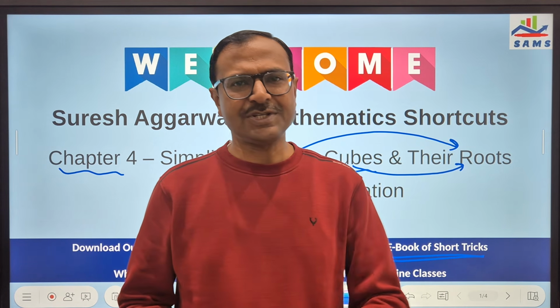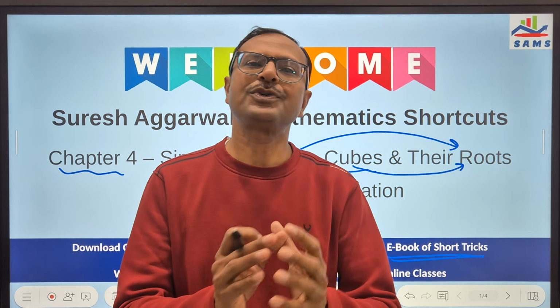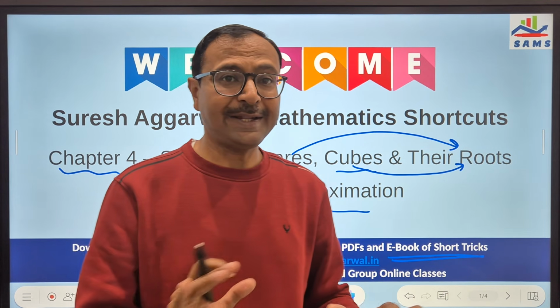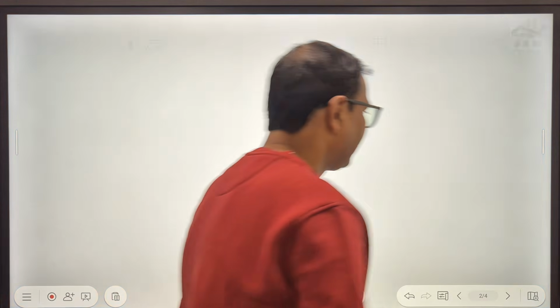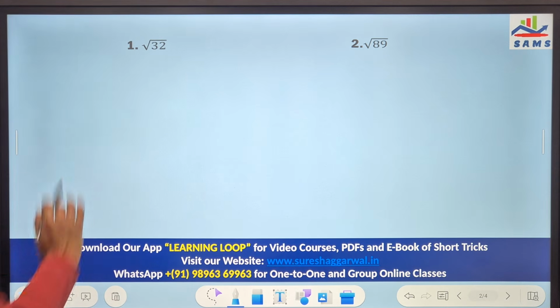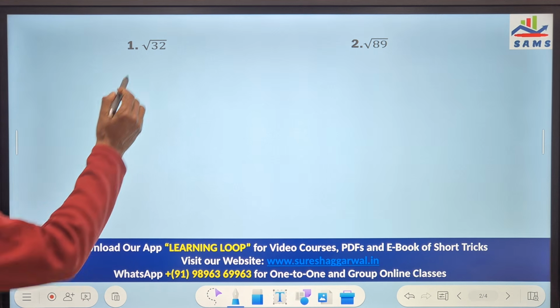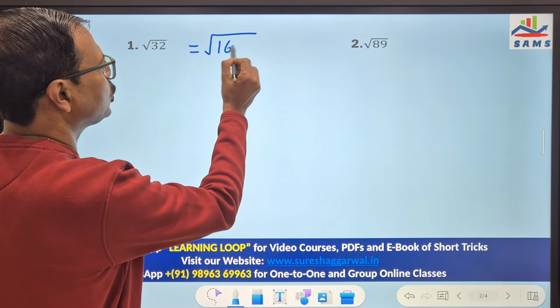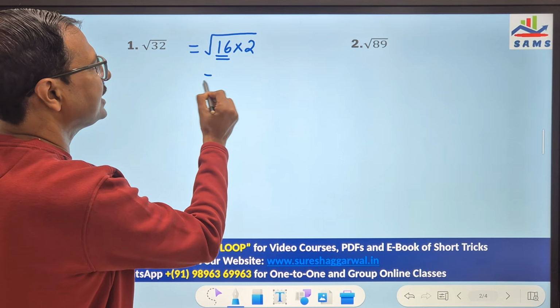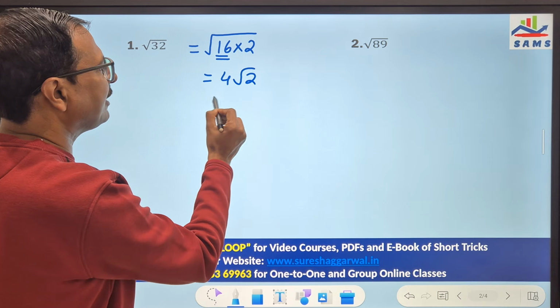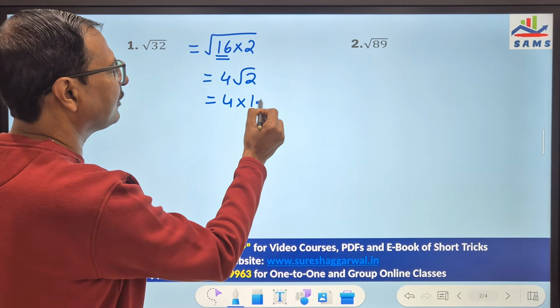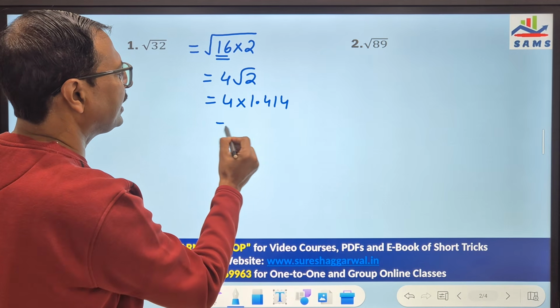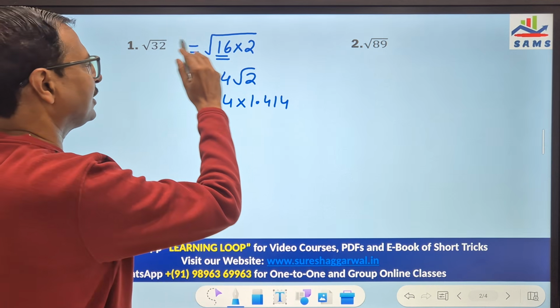Let's see the first question, and using that first question I'll tell you the concept also, and then we will practice it. The first question here is the square root of 32. Obviously the square root of 32 you can do by factorization also. So if you write 32 as the square root of 16 into 2, the square root of 16 is 4, right? So 4 root 2, and if you know the value of root 2, 1.414,